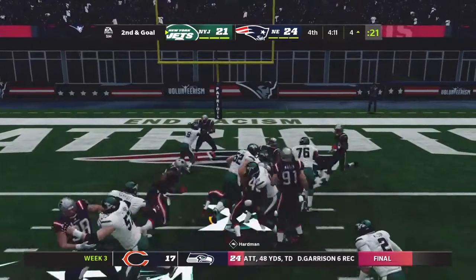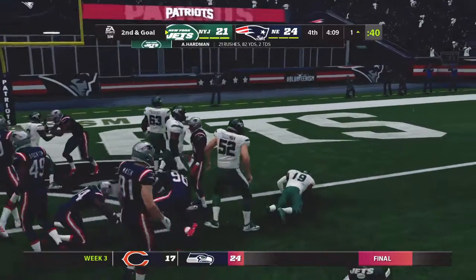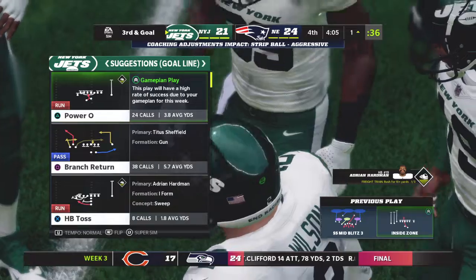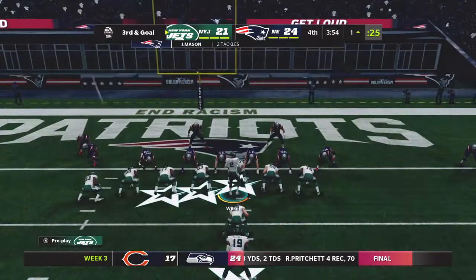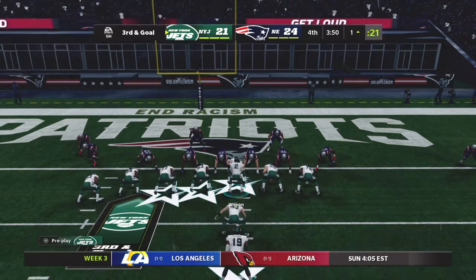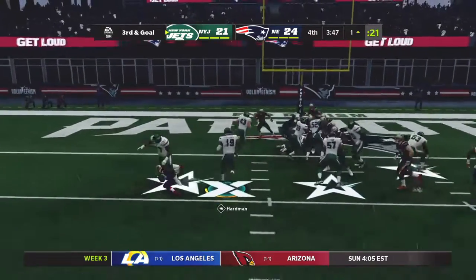From the gun, they'll try to run it. And he'll be stopped about a yard shy of the goal line after a pickup of about 3. Well, they made the play there, and I'll guarantee you their coaches and the other players are screaming at them about their pride. Come on, guys. He's already gotten in 3 times. You can't give up a...